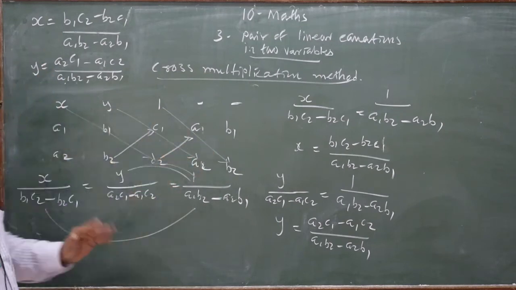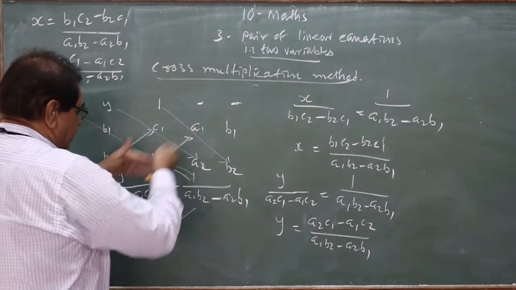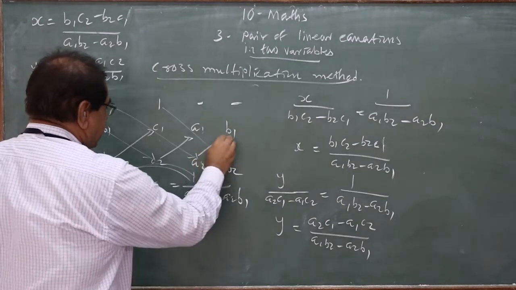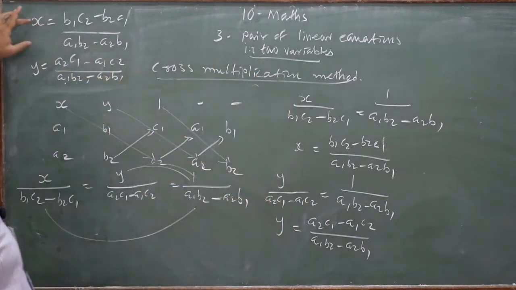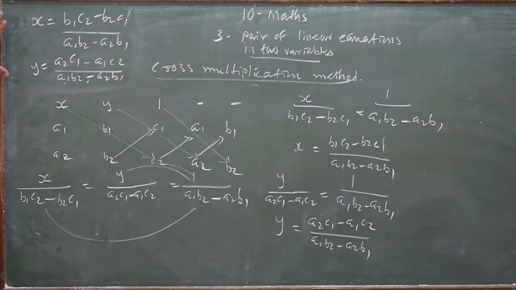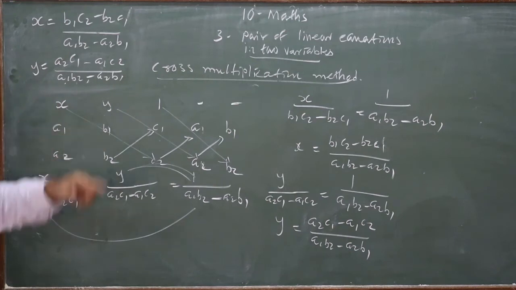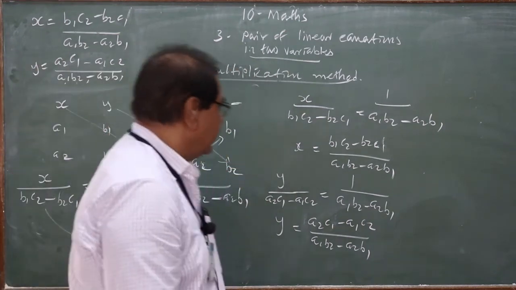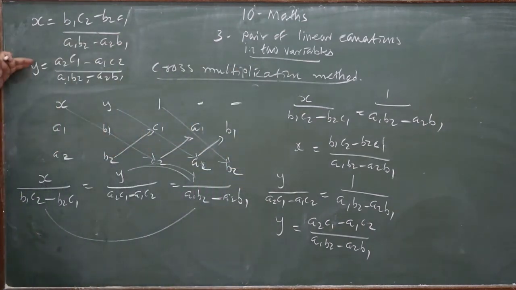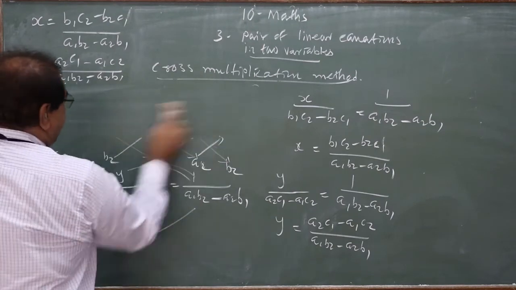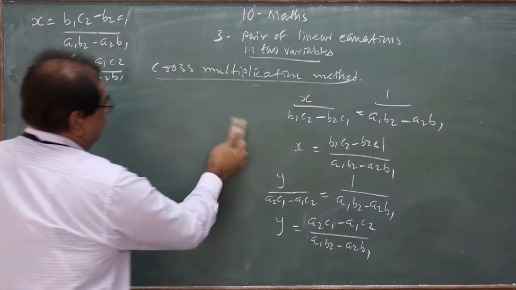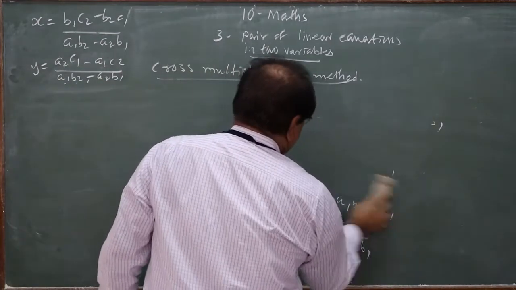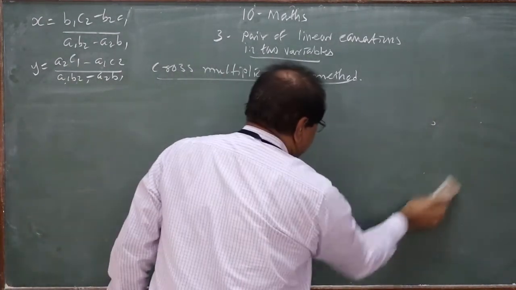This is the way, cross multiplication. Okay, so this is the reason why it is called method of cross multiplication, and we have got the values of x and y this way. So please learn this properly, and if you know the formula you can solve the questions very easily. Okay, so now we have the formula on the board. I keep it as it is for today only, but you will have to learn this formula, then only you can solve the questions very easily.